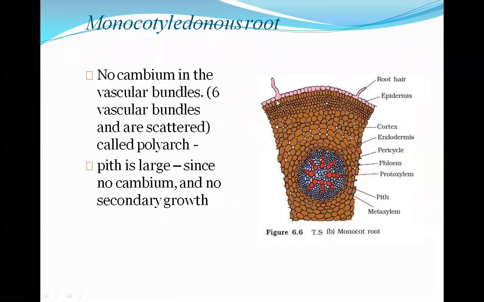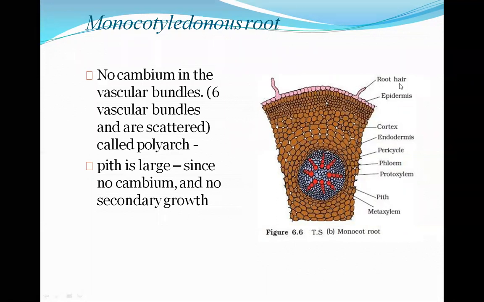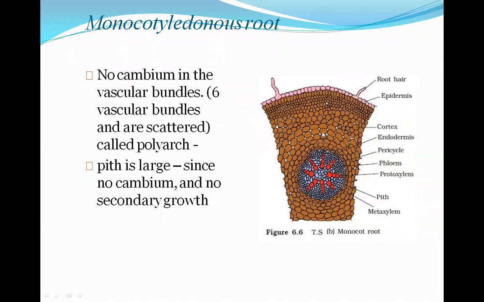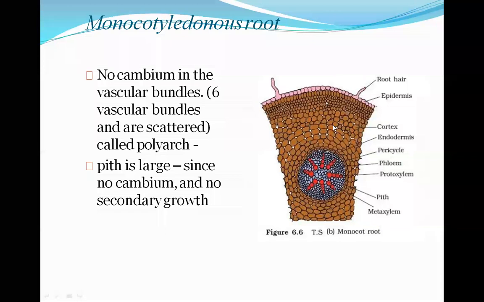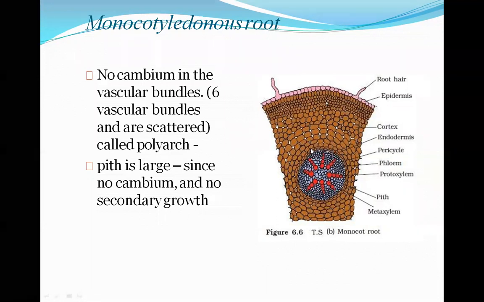Here also there is an epidermis layer, and on this epidermis there are small thread-like structures forming, and that is known as the root hairs. After that, there is a layer known as the cortex region. Again, this region is made up of parenchyma cells, which perform two types of function. The first function is the storage of food materials, and the second function is to carry out photosynthesis. Then there is the endodermis layer, right?